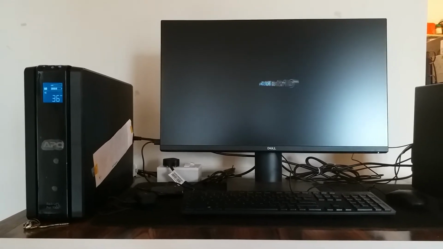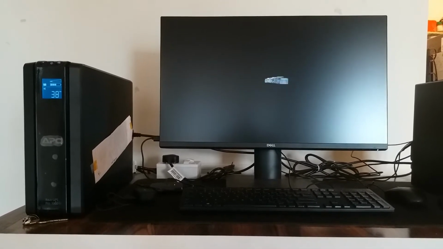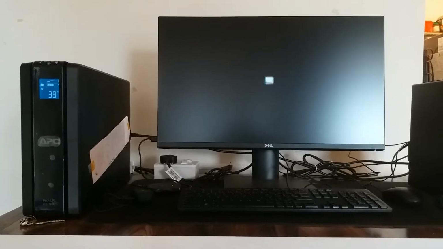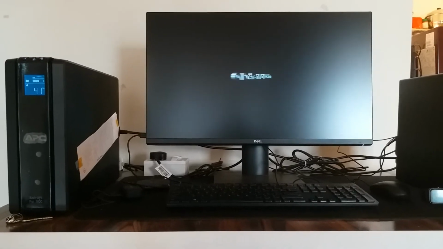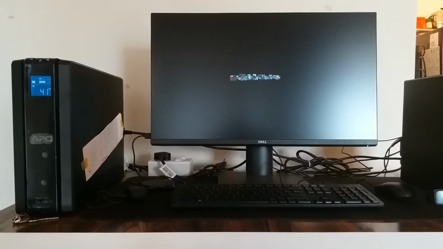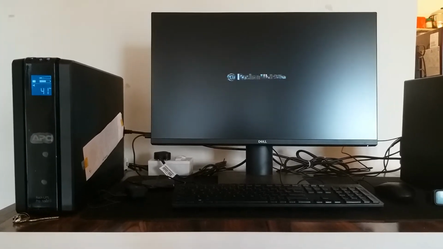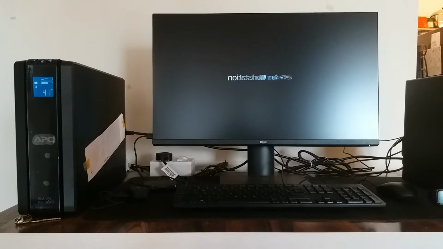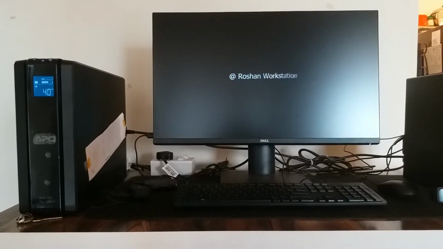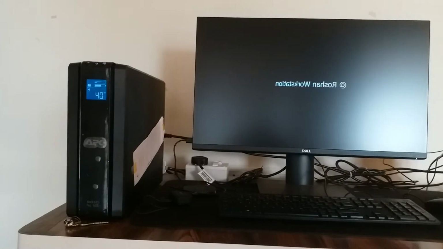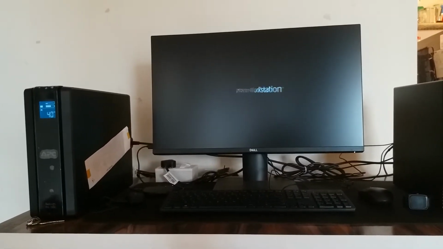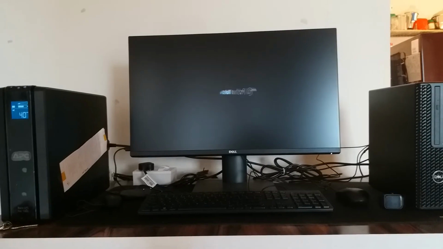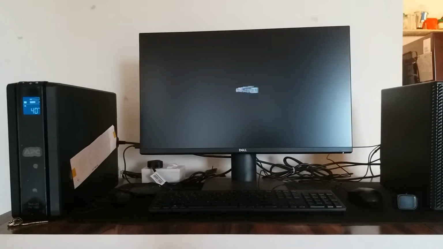This is a 600 watt UPS. So according to your consumption, you should select your UPS accordingly. Approximately we have crossed 10 minutes, and still enough backup time is available as per the screen on the left hand side. Definitely, if you are using a heavy load, the backup time shown may be less as compared to the one right now.